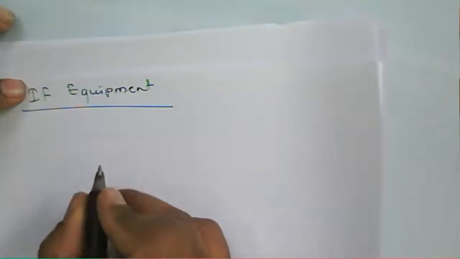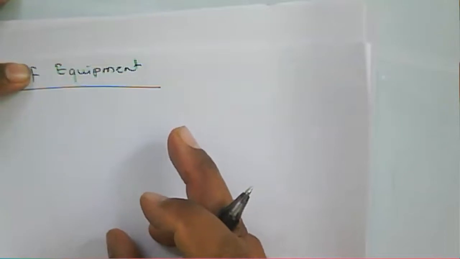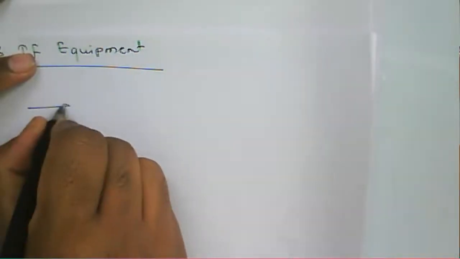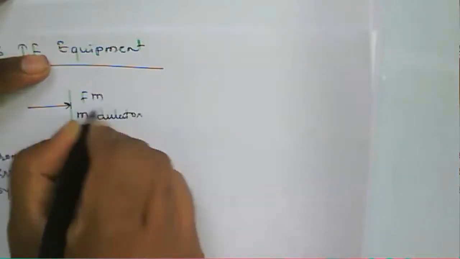Generally, the IF equipment has a modulator and a band pass filter, because a modulator modulates whatever comes from the terrestrial interface circuit, from terrestrial systems. So we have an FM modulator,